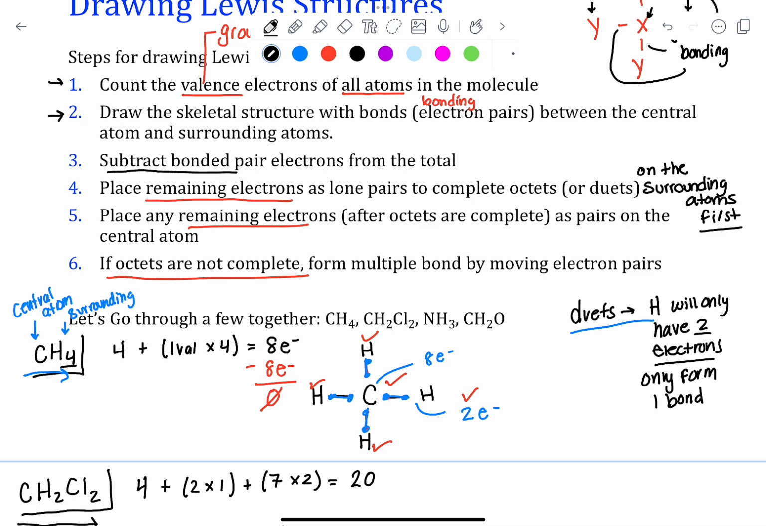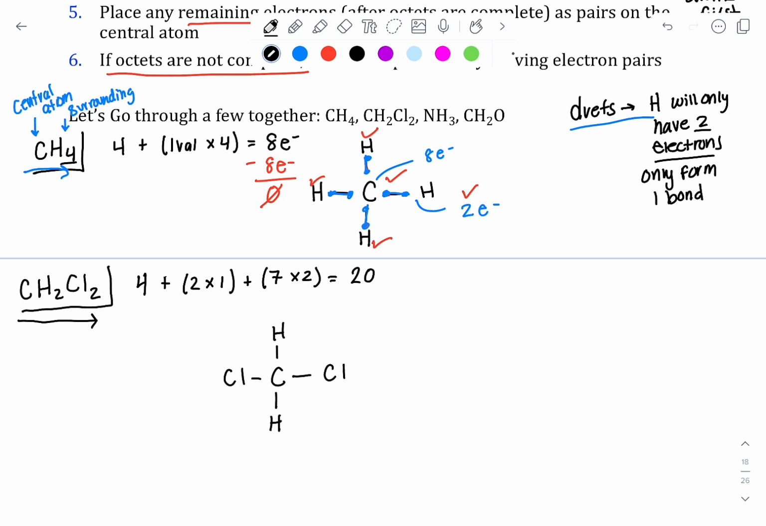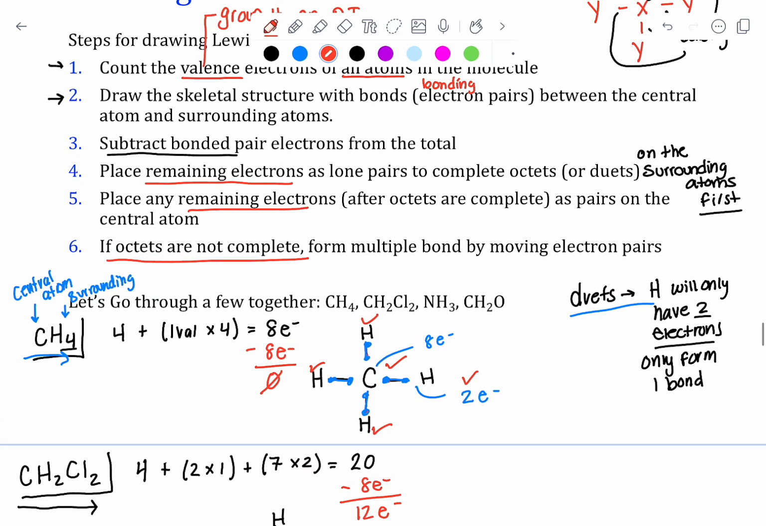Step 3 says to subtract the bonded pair electrons from the total number of electrons. So I had 20 electrons total. How many electrons did I use to make those bonds? Well, each bond has 2 electrons in it, and if I made 4 bonds, I used up 8 electrons. So I have 12 electrons left over. So we finished step 3, and now we can move on to step 4, where we